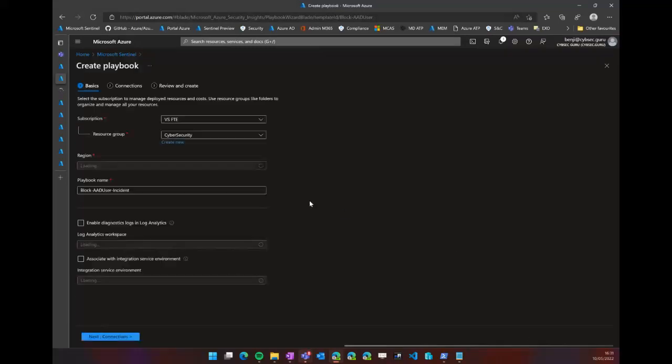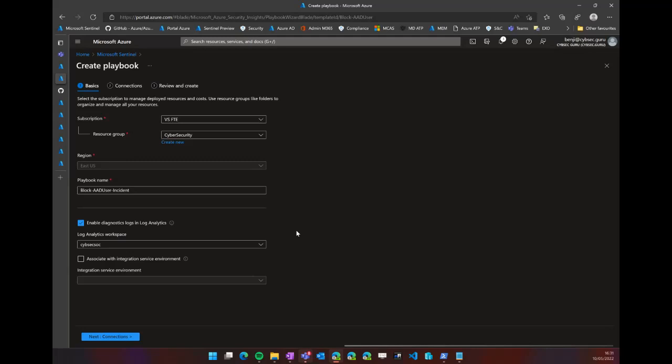While it is opening, let's create our playbook. Here we are choosing our subscription, the resource group, the region based on the resource group, and the playbook name. We can choose what we already have, but if we have a naming convention that we use internally, we can always update it. Also, if this is a really important playbook for you, you can even enable diagnostic logs. Enabling these diagnostic logs will send information to Azure Diagnostics, and if you have enabled Azure Diagnostics inside of Microsoft Sentinel, it will go to Microsoft Sentinel and